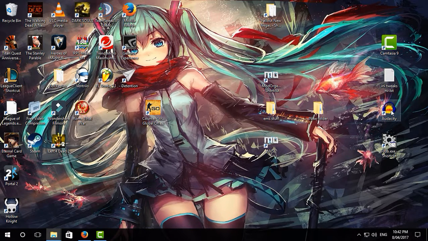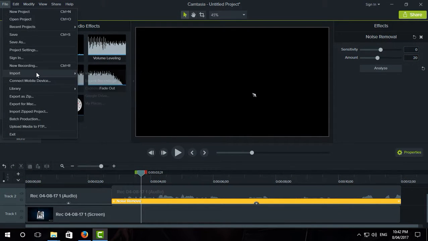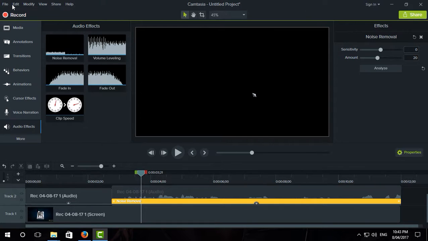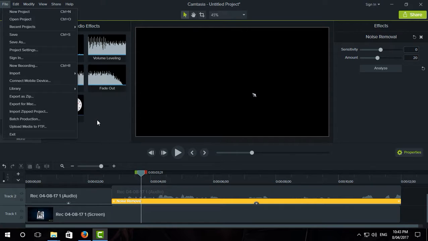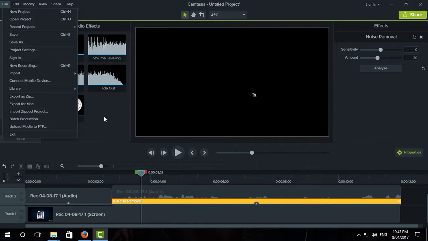basically the problem with that is this Camtasia program doesn't actually have export available. See, it's got import but no export, or export to zip or Mac. That right there is the reason why you shouldn't be using this program, I think. And there's also the fact that the noise removal doesn't even work. From my immediate impressions of this program, you're going to run into a lot of frustrations, a lot of walls, and I know from experience that trying to get all your recordings set up can be a very, very painful and long process. So anyway,